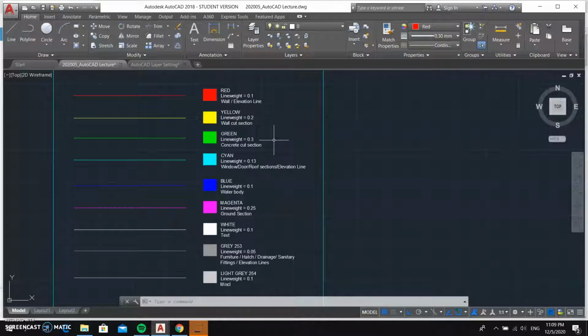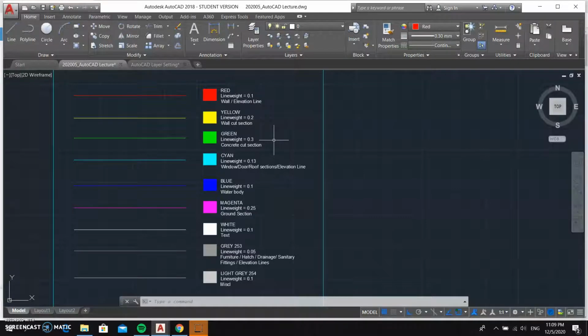When you print out, you have to make sure it's black and white only. It's monochrome. You cannot draw with different colors and then when you plot, the lines are colorful. That is actually incorrect. The differences in colors are only for you to differentiate during drafting